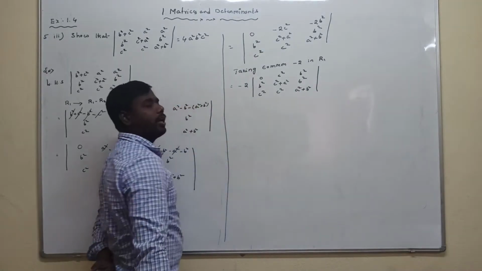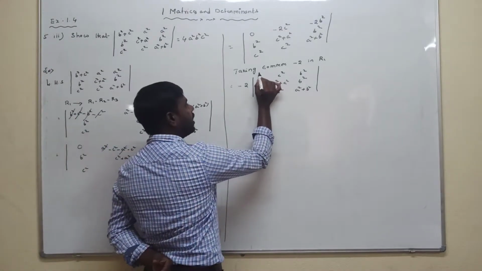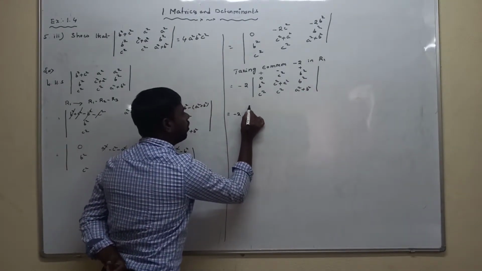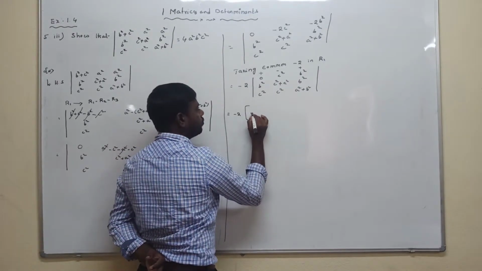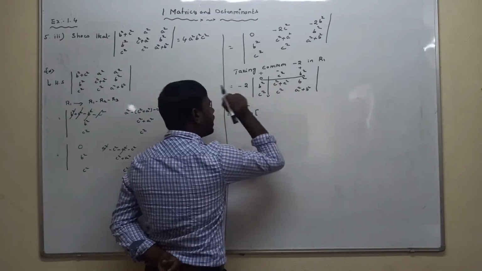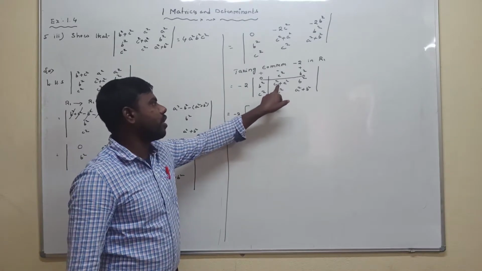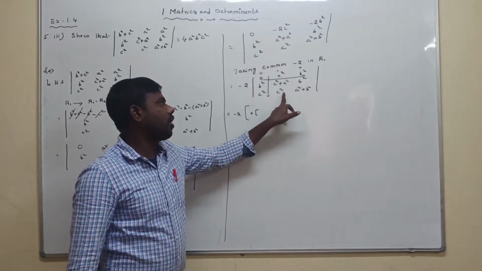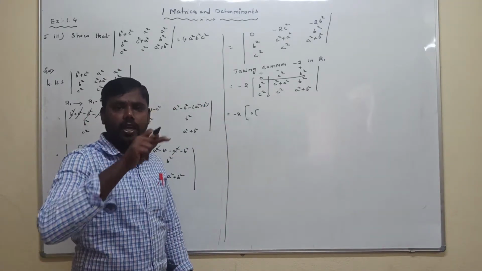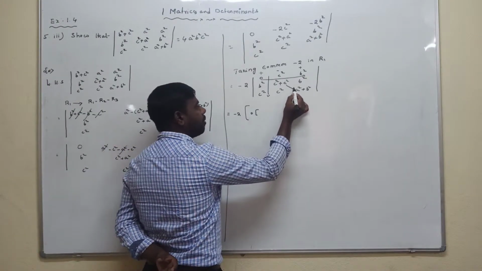Now applying the determinant condition, the top signs are plus, minus. Minus 2 of, the first value is 0, so the first row, first column are eliminated. You write it as a determinant of the remaining elements: c square plus a square, b square, c square, a square plus b square. The determinant of a b c d is ad minus bc, so we are applying the cross multiplication method.